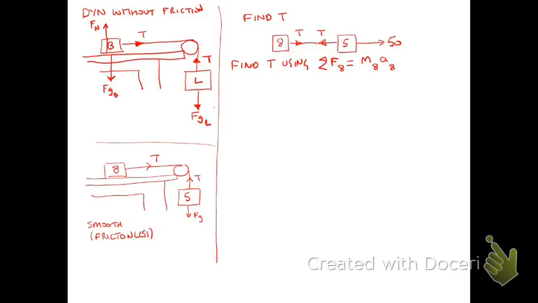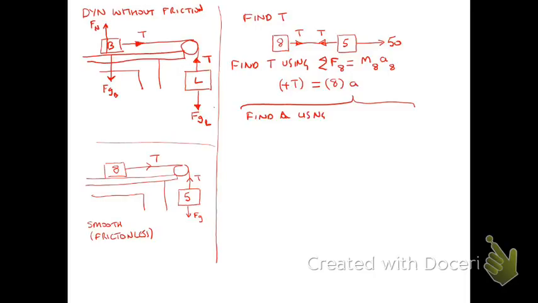That's just my shorthand. So I'm going to say, plus T, there's nothing pointing the other way, is equal to 8 times A. If only I knew the acceleration. Find A